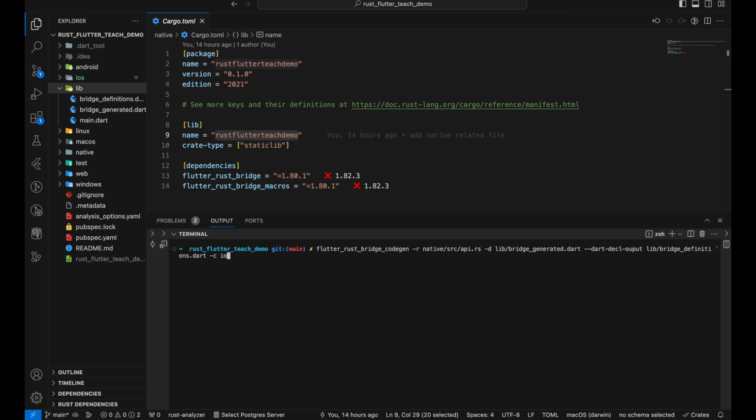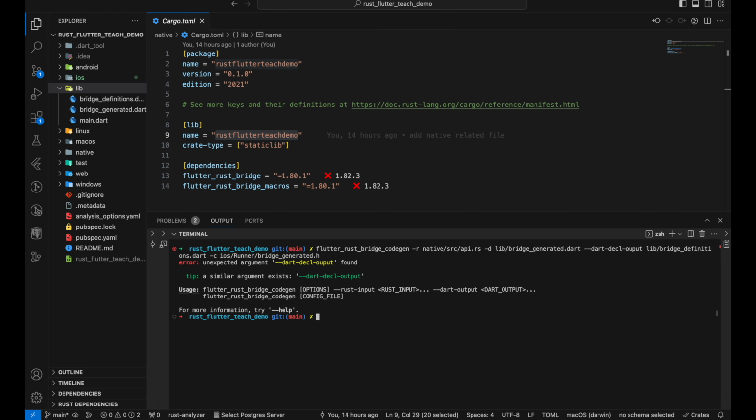It should be inside the ios/Runner/bridge_generated.h file. So okay, and the problem here is it doesn't find